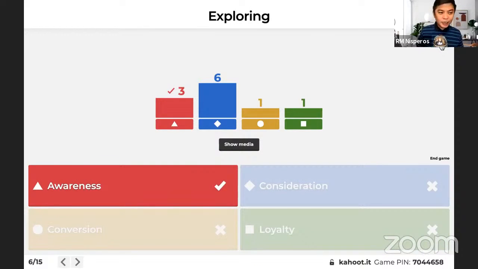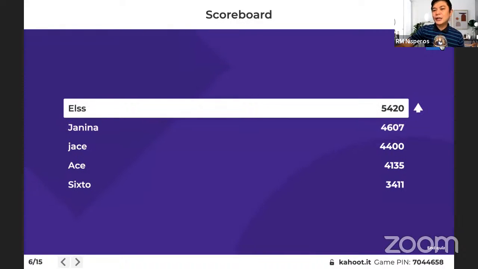When you explore, wala kang intention or wala kang objective. You just browse through anything, everything, or magtingin-tingin ka lang without aiming for something. So, usually, that's on the awareness stage. Consideration, meron ka nang intention eh. May intent ka na. Yun yung difference. That's why the correct term is like canvassing or educating rather than exploring.